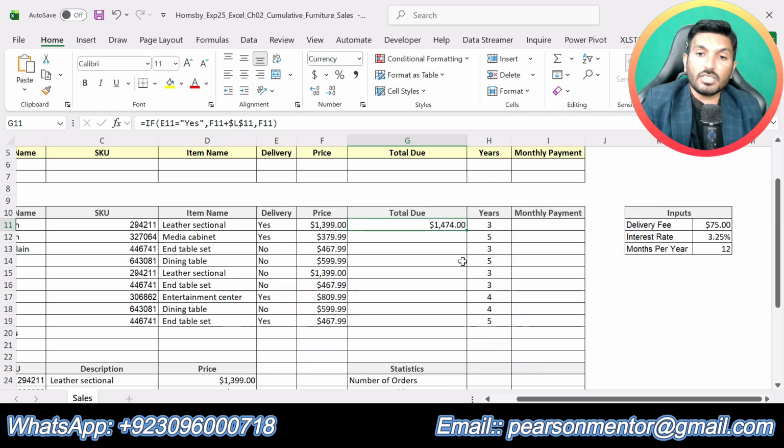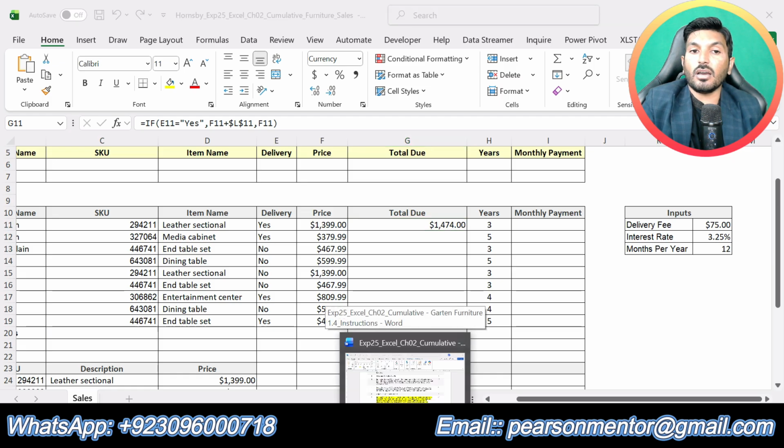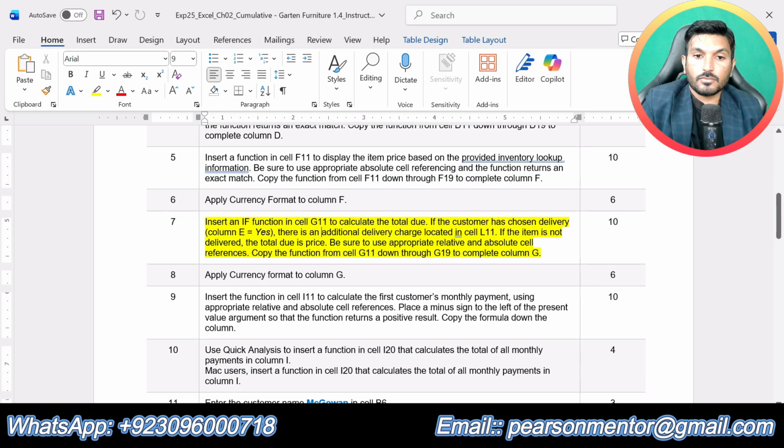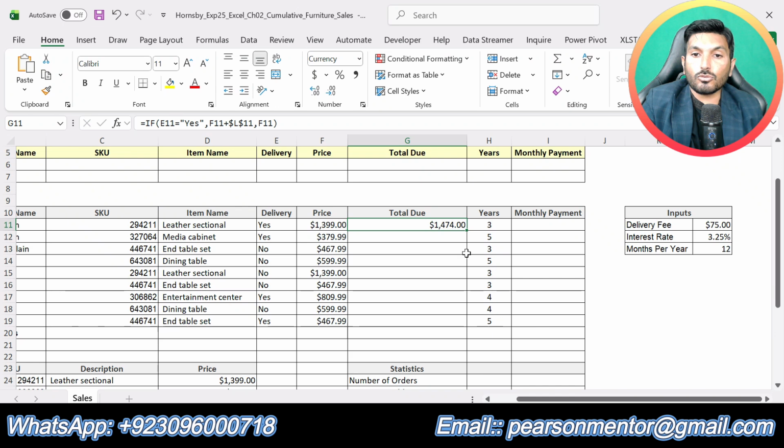Okay, so this is the value that we got after using this formula for the IF function. So now we are supposed to copy this formula down up to cell G19 so that we can get the other results.